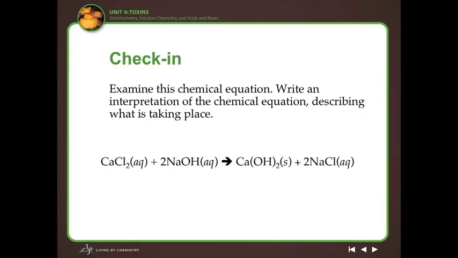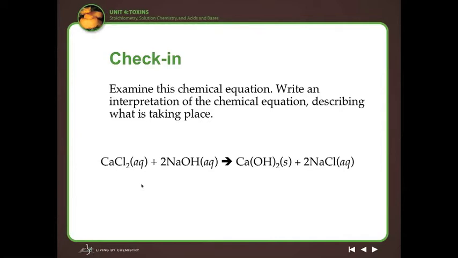Calcium chloride dissolved in water reacts with sodium hydroxide dissolved in water to yield calcium hydroxide as a solid, or a precipitate, and sodium chloride dissolved in water, aqueous. Notice the 2 and the 2. What is that telling us? Well, it's telling us we need 2 sodium hydroxides for every 1 calcium chloride to make this reaction proceed correctly. So this reaction is going to use up twice as many molecules of sodium hydroxide for every 1 molecule of